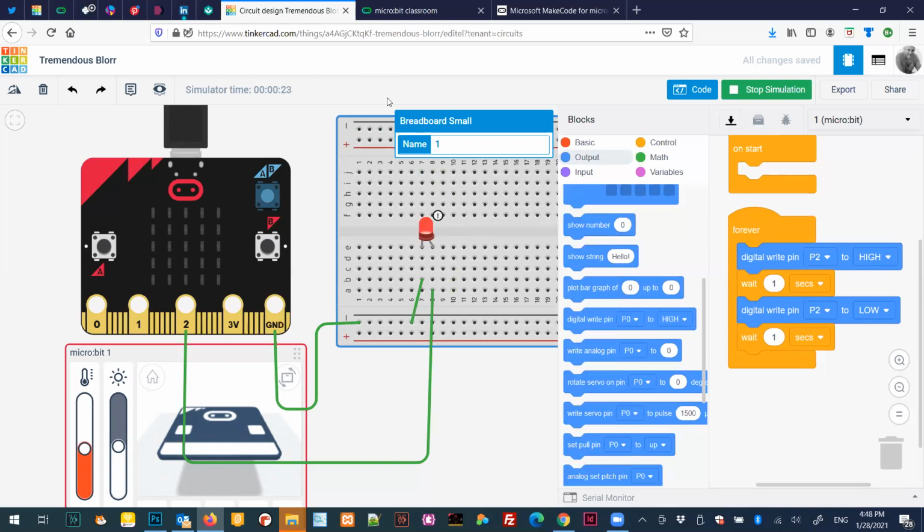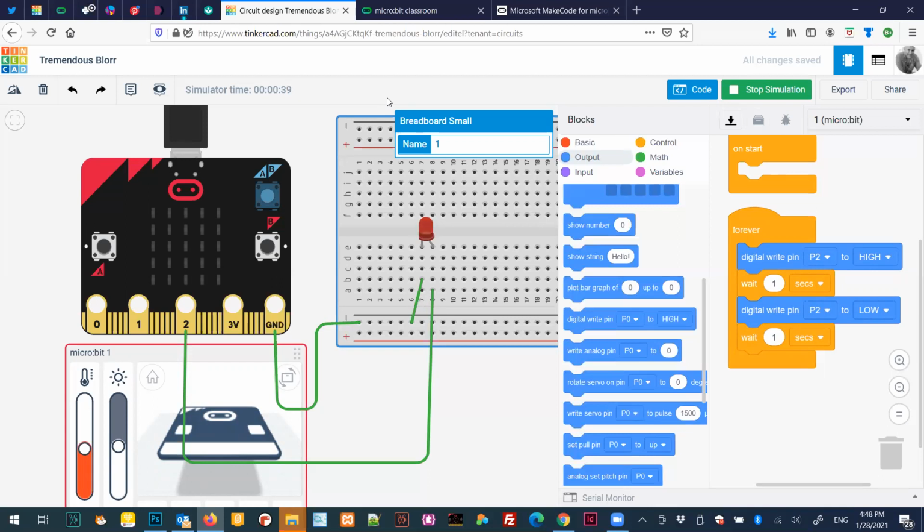But of course, if you are dealing with small kids, like grades 4, 5, 6, they will not understand what a resistor is. I'm explaining this to you to show you that the same concept is available